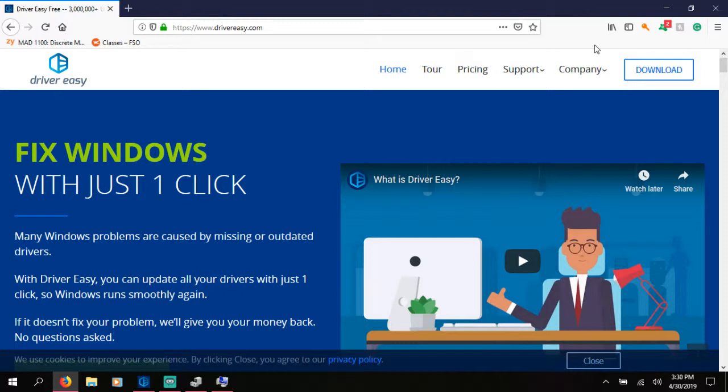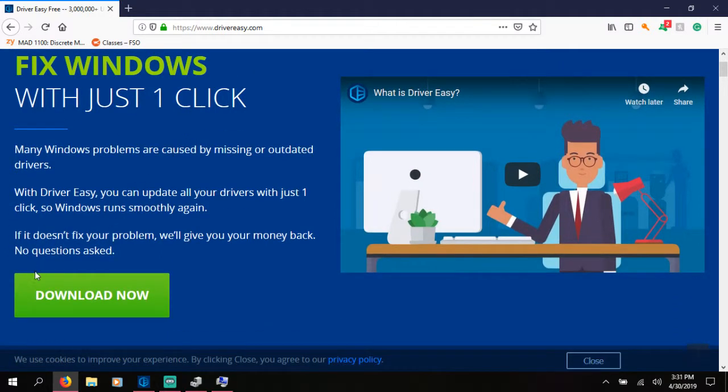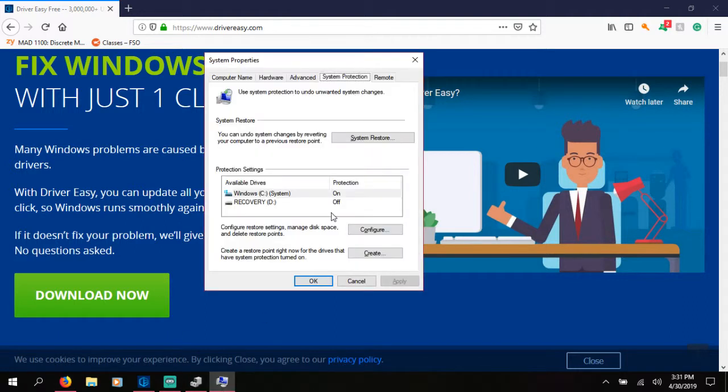Today I'm going to teach you guys how to update your drivers for free. The first thing you need to do is go to this website. I'll leave it down in the description, and all you gotta do is click download and install it to your PC. The next thing you're gonna need to do is open up the system properties and create a restore point,